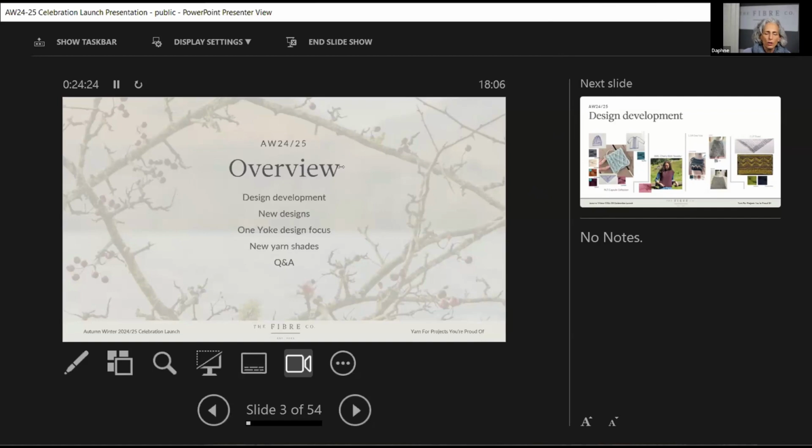the One Yoke. And that is something that maybe some of you have been seeing because we've been talking about it a lot on our social channels and in emails, but we're going to dive deeply into that. And Becky's the designer of the One Yoke Sweater, so we're excited to have a look at that process. And then we're going to look at some new yarn shades, and I will get all the questions answered near